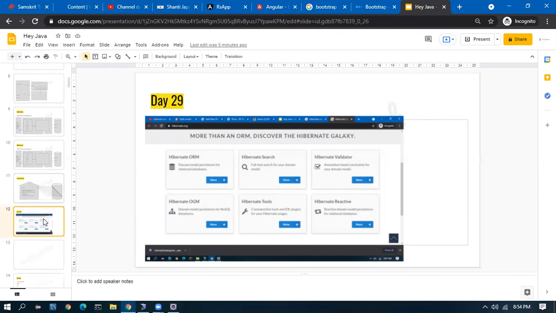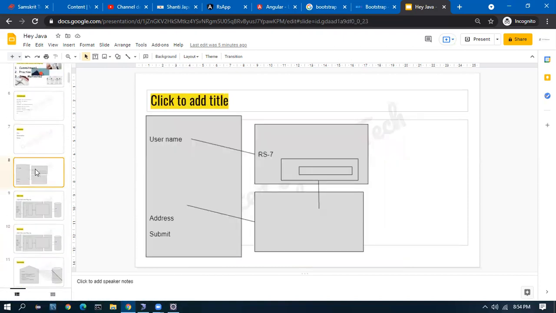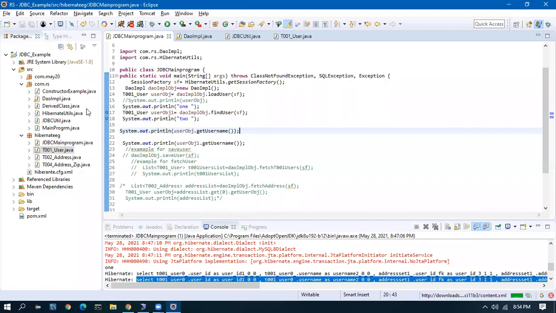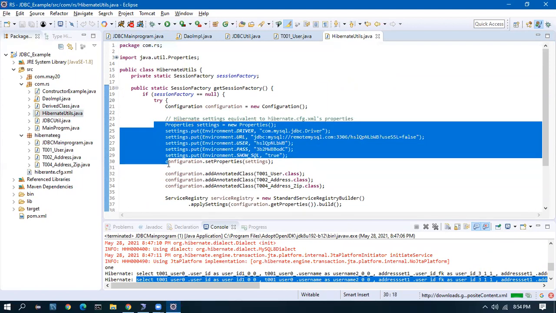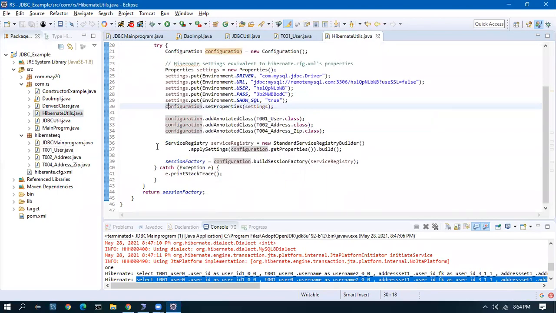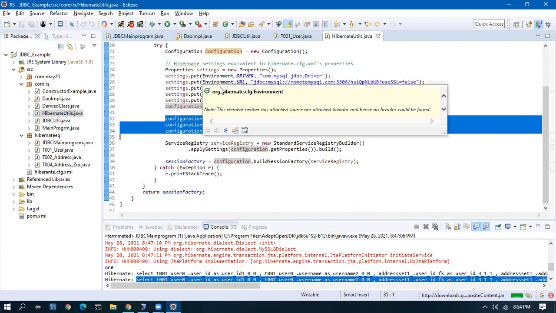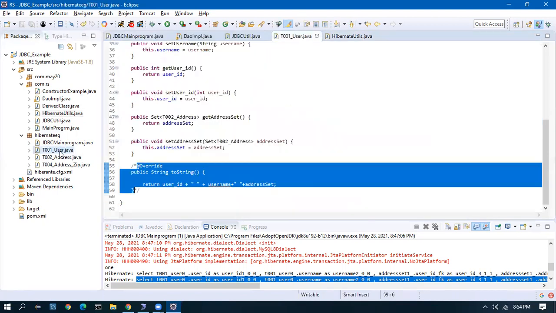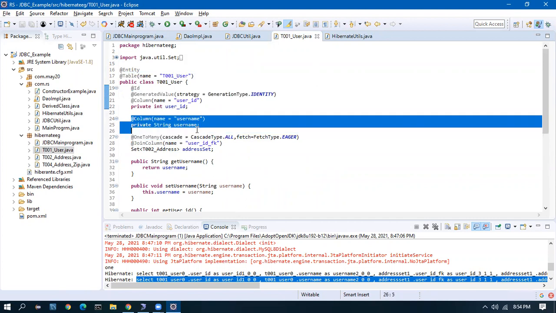So there are different modules in Hibernate we saw. And then we came to how to configure Hibernate. We have the Hibernate utils where we provide the database related values. And once this is done, this is a key thing you have to remember: all the objects should be added here. Then we create objects. The equivalent of the object is the table. We give the table name here and the columns.